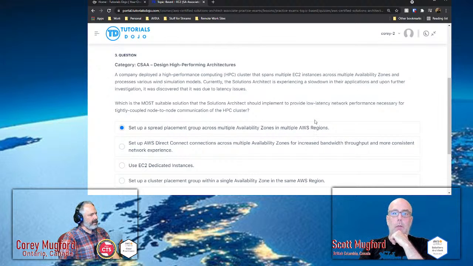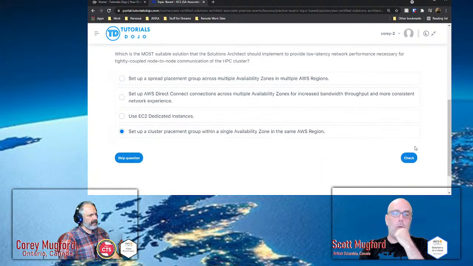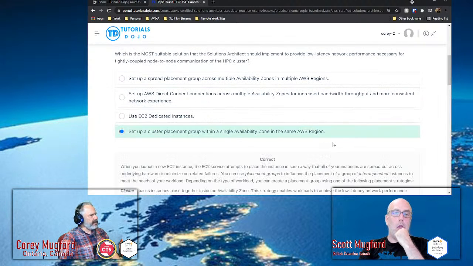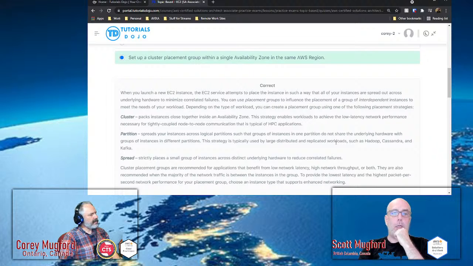The only thing, the false flag alarm just went off: it doesn't say anything about multiple regions. It just says multiple availability zones in the question. Oh yeah. Set up a cluster, and maybe it is a single placement group. Right, you can't have it in multiple AWS regions. I don't think you can have anything in multiple regions. I don't think that works. So I think it has to be the fourth one. Okay, let's give that a shot. Nice catch. Thanks.